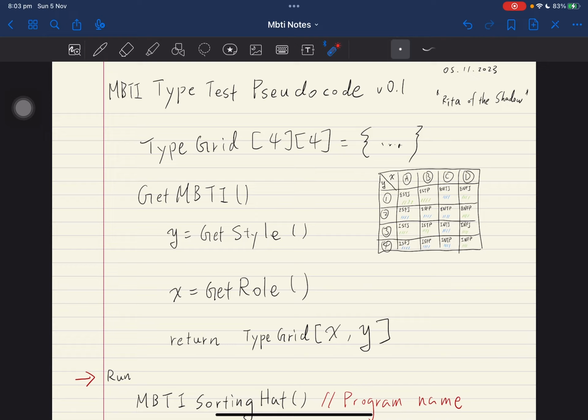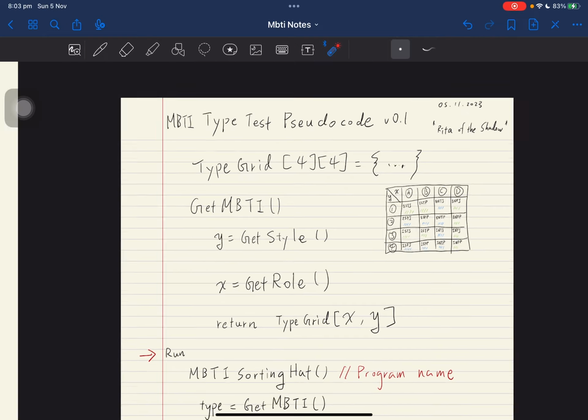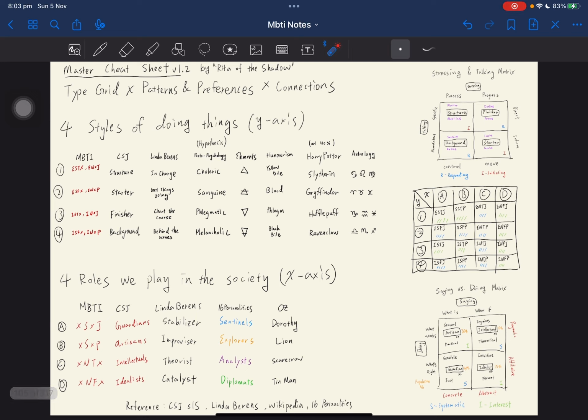So this is the title of the video. Because we had the master cheat sheet, right? And oh yeah, by the way, I just realized I made a small mistake in the version that I published on the community post. So this is now version 1.2 where I corrected the XY axis properly. So anyway, because from the master cheat sheet, we not only establish the connections and then